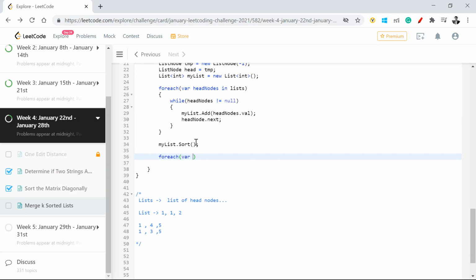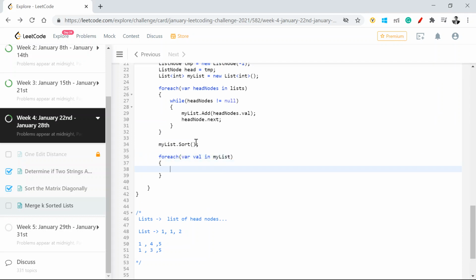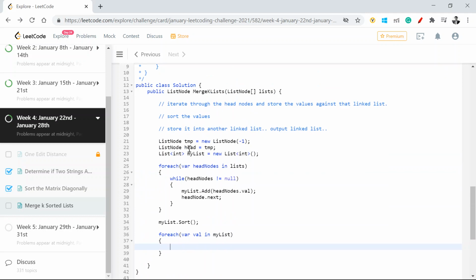So for each value in my list, I'm going to say temp dot next is equal to new list node with val, right? And temp is equal to temp dot next. Return head dot next.